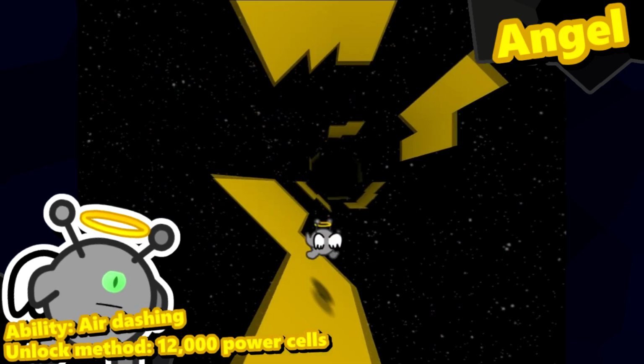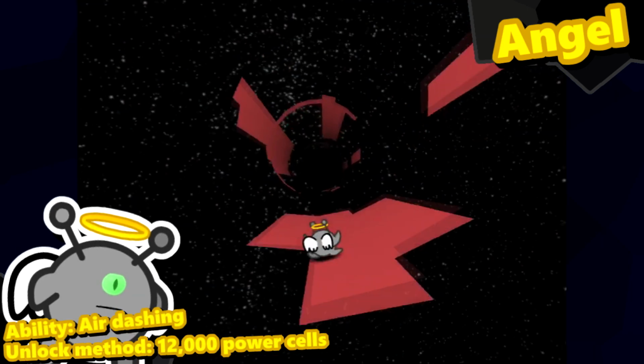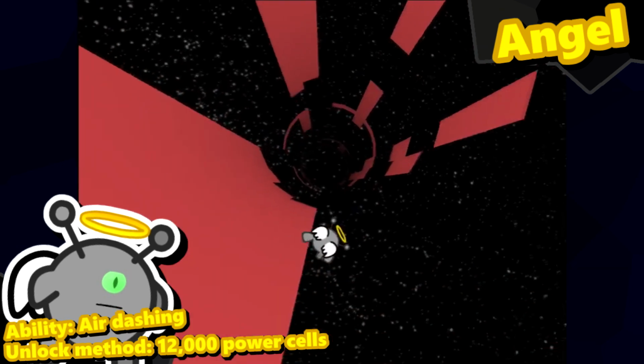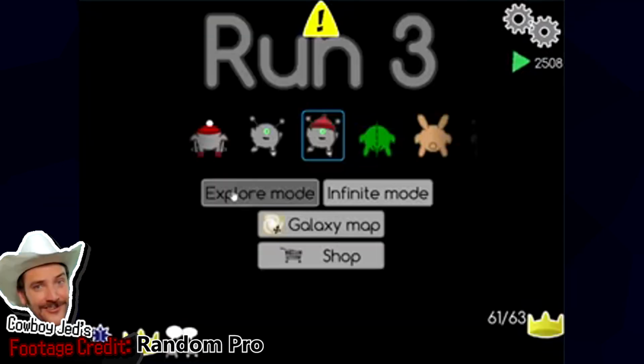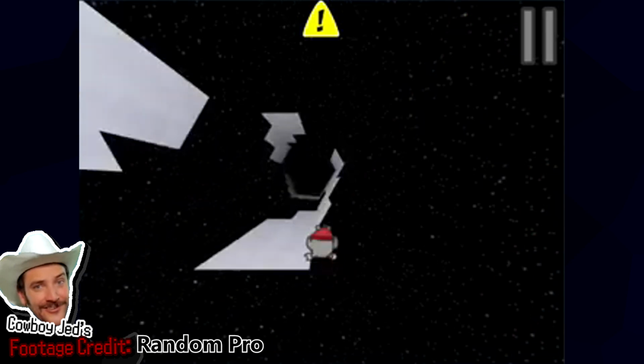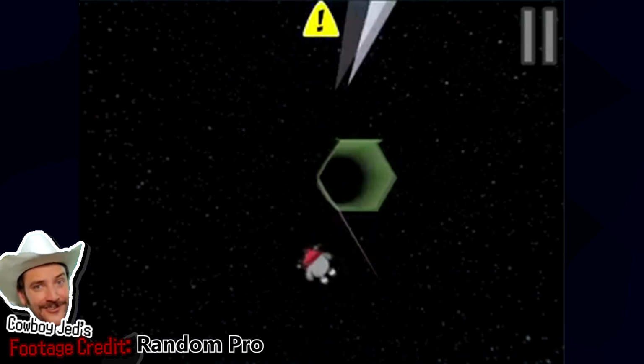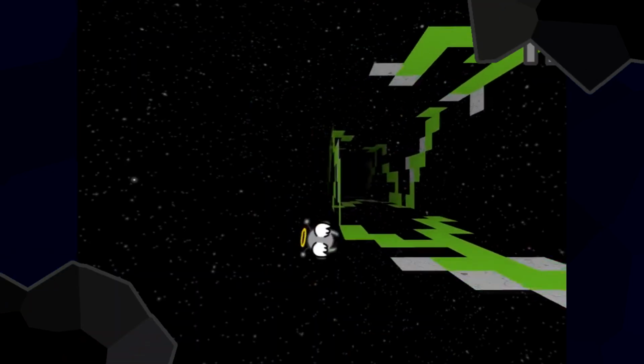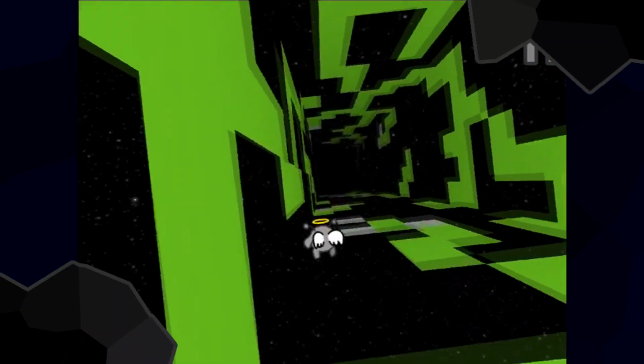His ability is an air dash, activated by pressing space in midair. It sorta kinda acts like a double jump, but not as good as Run 2's. A new universal movement option in Run 3 is that if you jump outside the tunnel, you'll enter a sort of freefall mode where you maintain your momentum. I bring this up now because combined with the Angel's air dash, you can pull off some